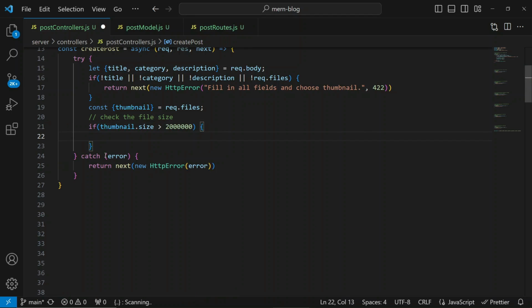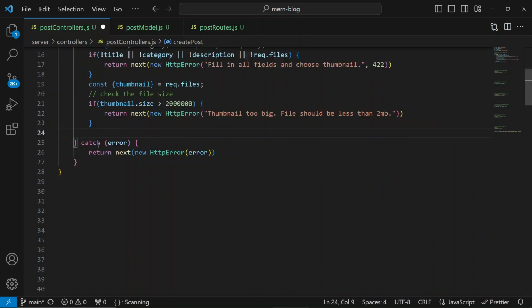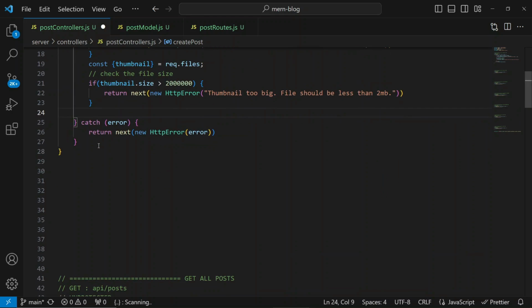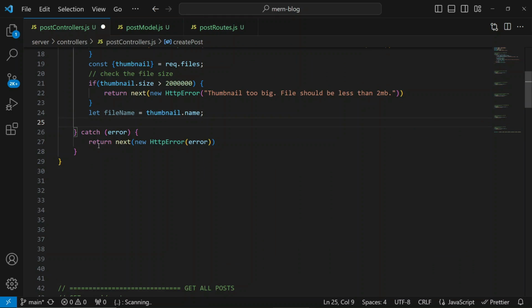If it is greater than 2 megabytes, then we're going to return next new HttpError and say thumbnail too big, should be less than 2 megabytes. Okay, but if it is less than 2 megabytes, then we can go ahead and let fileName be equal to thumbnail.name,